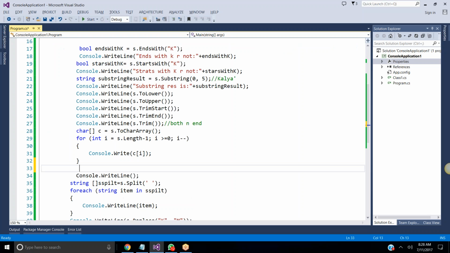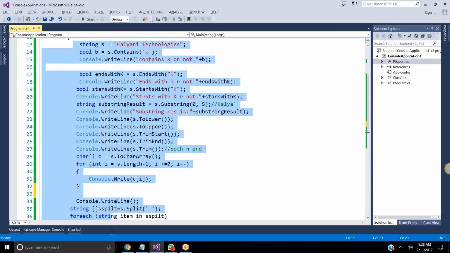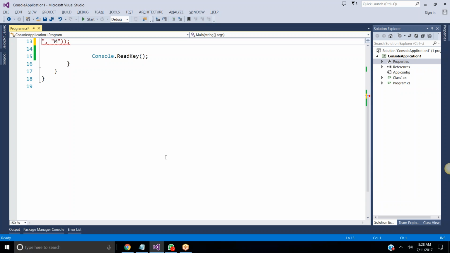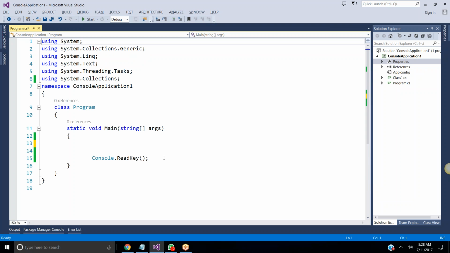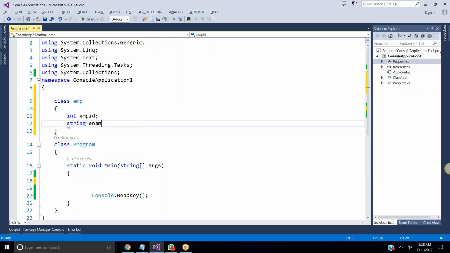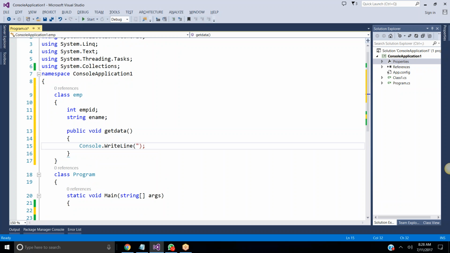We'll just try to create a simple class over here. Listen here, all of you, the same thing whatever we have written in the notepad, I'm just trying to create in my Visual Studio also. Try to see here very carefully. What is the name of the class we took in the notepad? The class is employee. Am I right? Now in this class we have employee ID as a variable, another variable would be employee name, and now public void get data is a method name, and here we are getting the employee values. Please enter EMPID and ename.